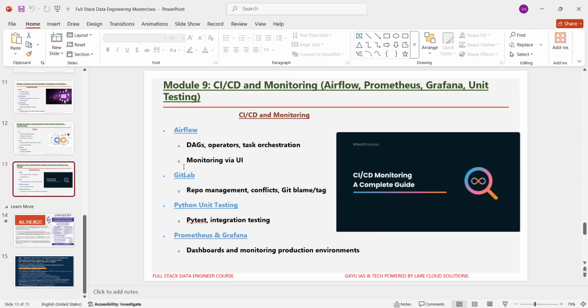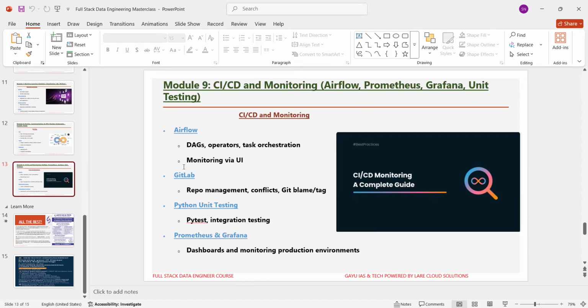After completion of Python unit testing, you are going to learn monitoring data pipelines using Prometheus and Grafana, that is, setting up Prometheus to scrape metrics, creating Grafana dashboards to visualize the metrics, and configuring alerts on failures or anomalies. After learning all this, you are going to practice monitoring ETL pipeline metrics by tracking success and failure counts, visualizing resource usage and latency, and setting alerts for SLA breaches. The use case is proactive monitoring for data pipeline reliability.